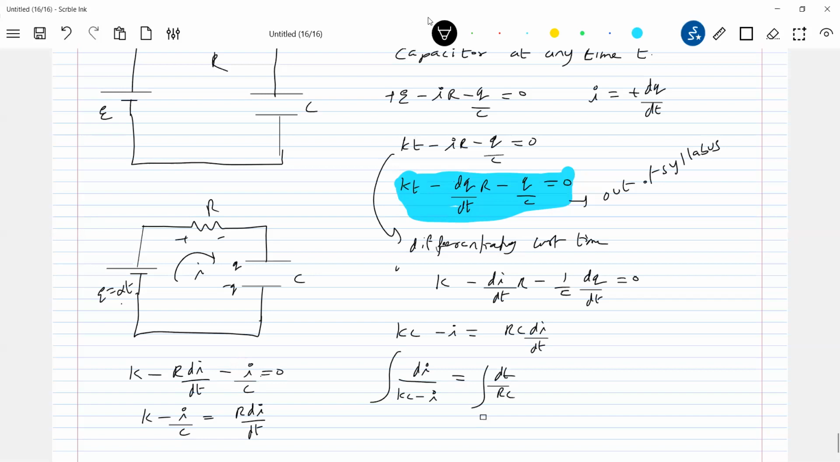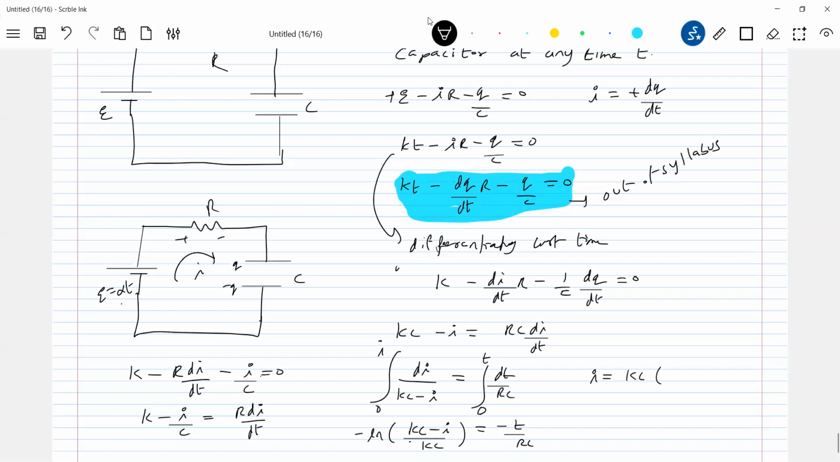At t equals 0, current is 0. At any time, let it be current I. So this will become minus log of, and you must be very careful about any other possibilities. Definitely nobody will ask you where you don't know that mathematics. So you must search for any other alternative. So minus of log of, substituting upper and lower limit, I'll end up with minus T by RC. So the expression for I is equal to